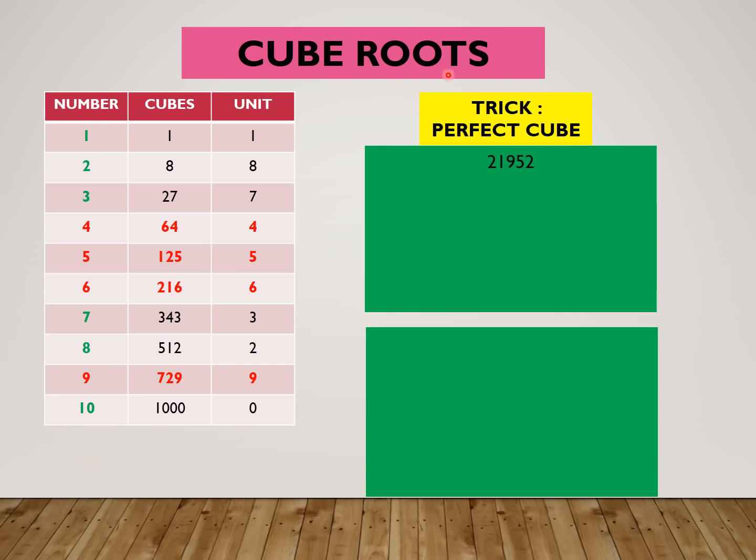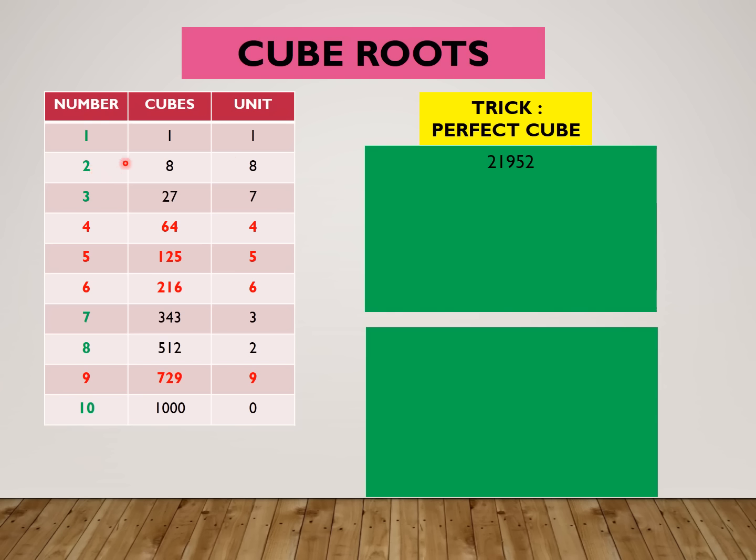will be quite helpful in solving various questions. So one more important observation which we can gather is, if the number is 4, then the unit digit of the cube will also be 4. If the number is 5, then the unit digit of the cube will also be 5. If the number is 6, the unit digit of the cube will also be 6. And if the number is 9, the unit digit of the cube will also be 9. And for other numbers, for example, if the number is 2, the cube unit digit will be 8, and 8